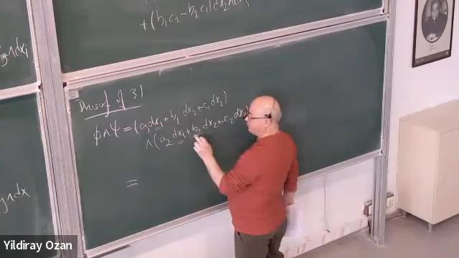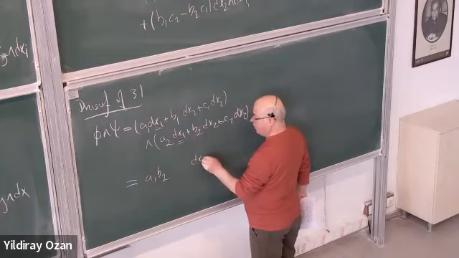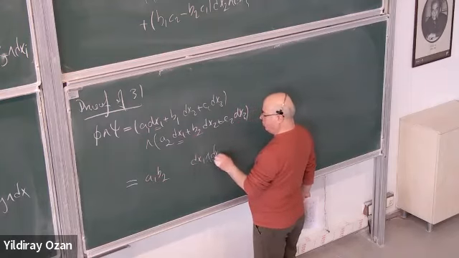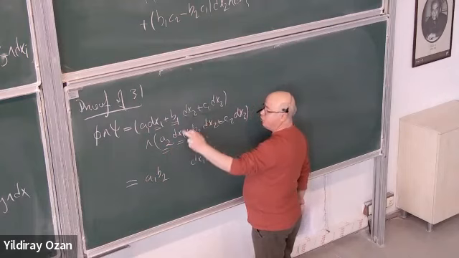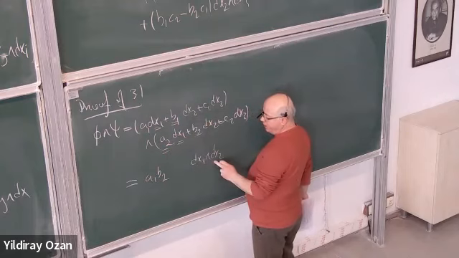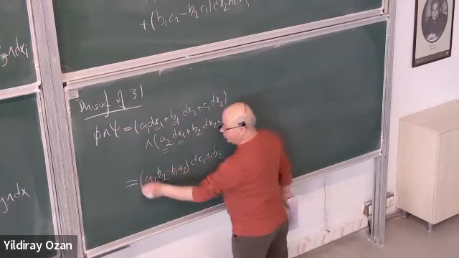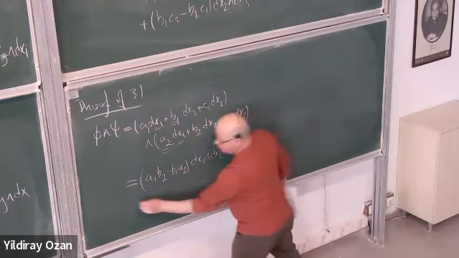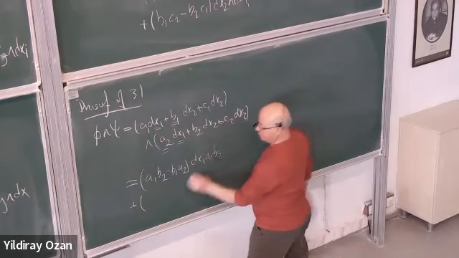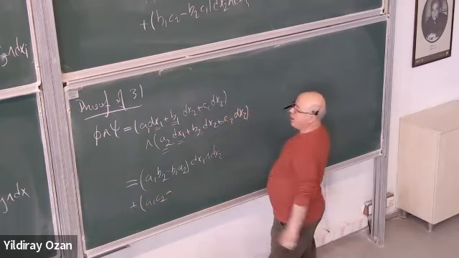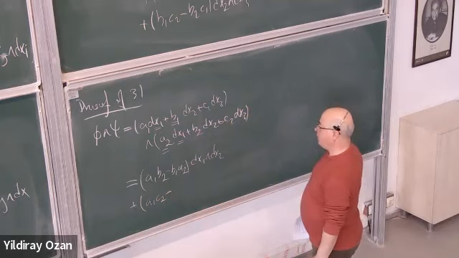And then I have a1 times b2 dx1 wedge dx2, but then I have b1 times a2 dx2 wedge dx1. That is just the negative of this. Therefore, I write it as minus b1 times a2. Okay, and the others are similar, actually. So a1 times c2 minus c1 times a2